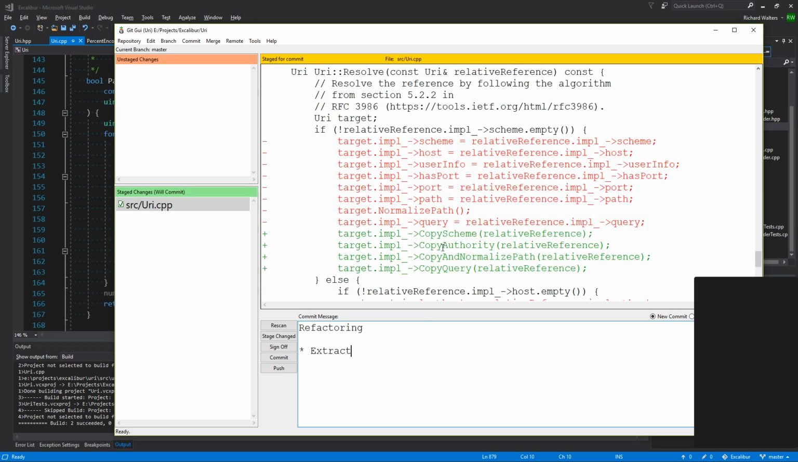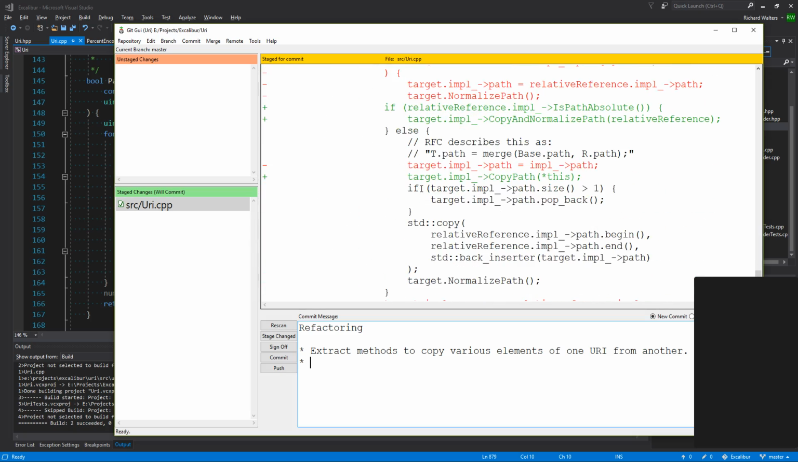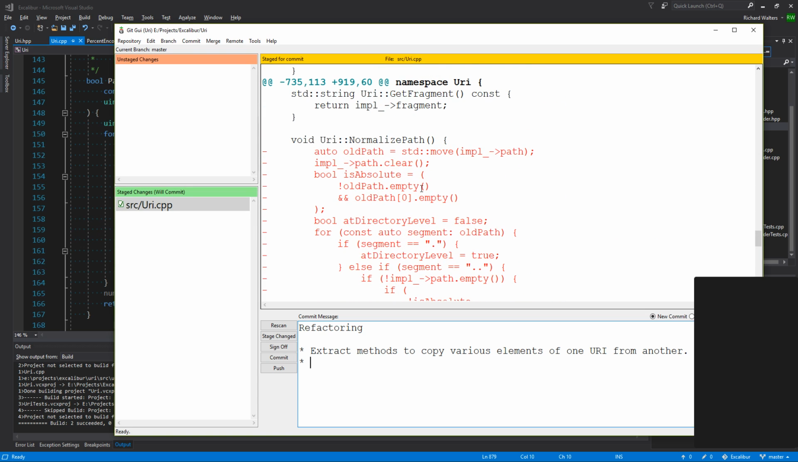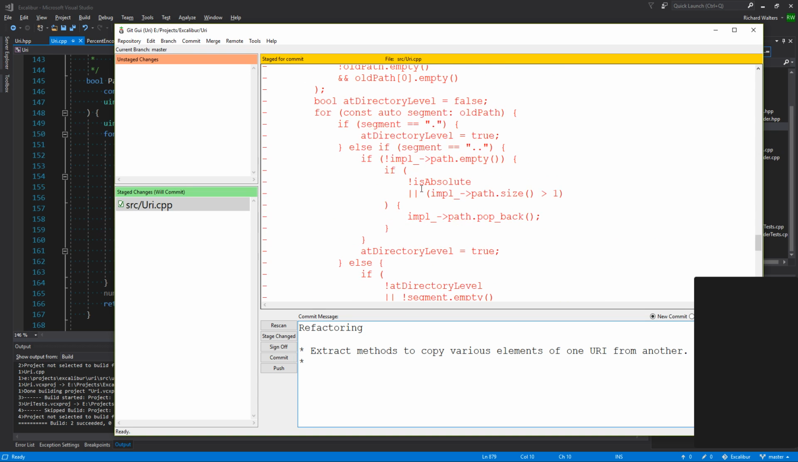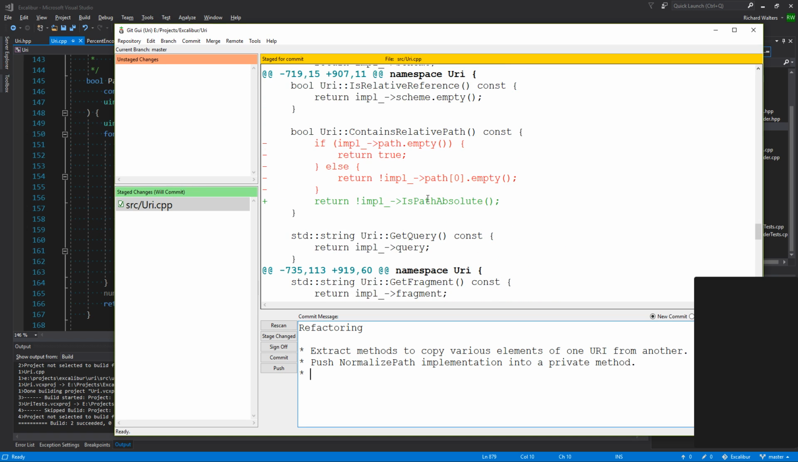All right, so we refactored. Extract methods to copy various elements of one URI to another, or from another, really. Right, we push normalize path implementation, or really push normalize path implementation into a private method. Right, we extract